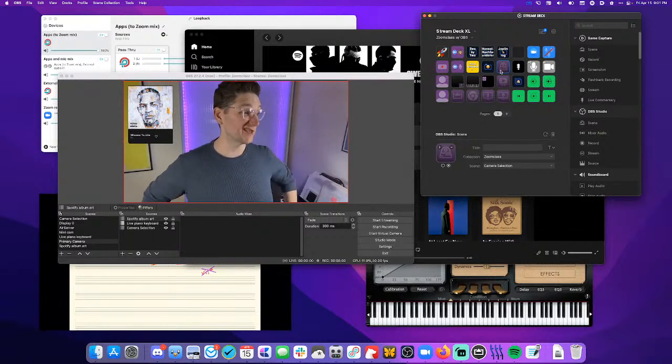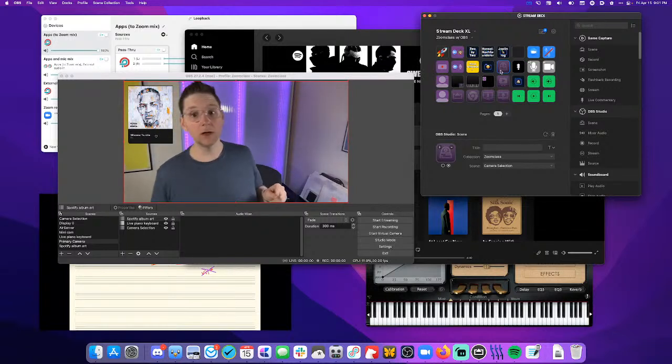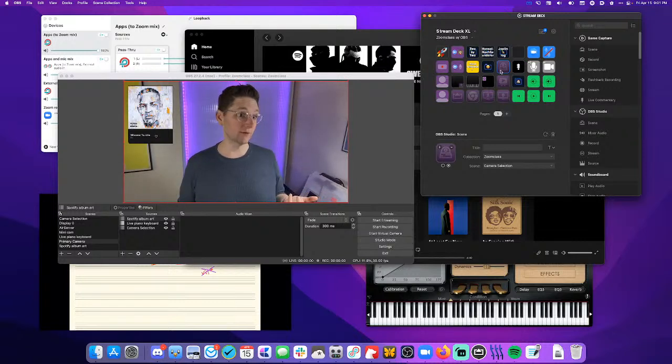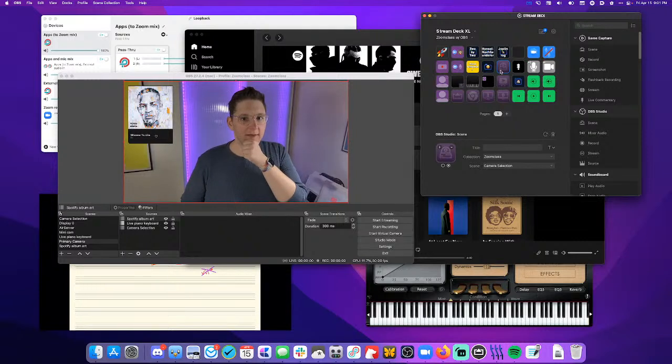I don't think it looked as good as it does right now. So I think this looks pretty good with slightly less light. So that might have something to do with it. So anyway, this camera, I used to use a camera that looks more like this icon, that's like a